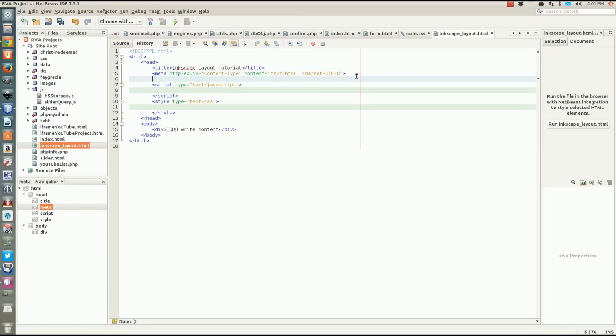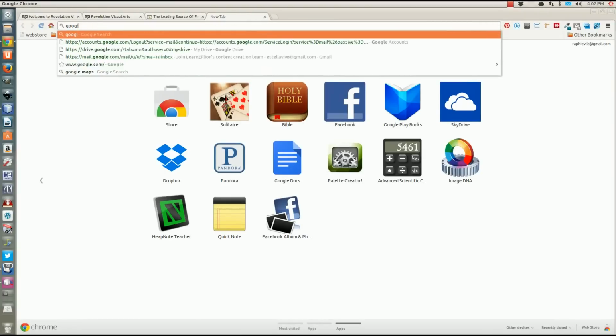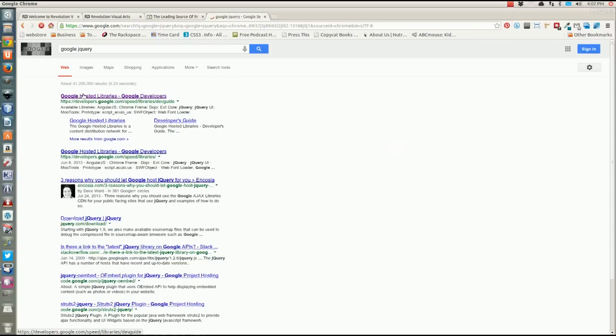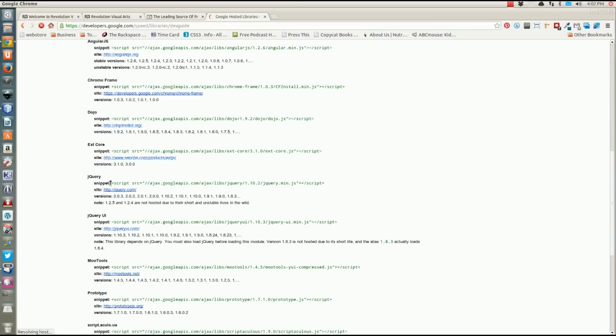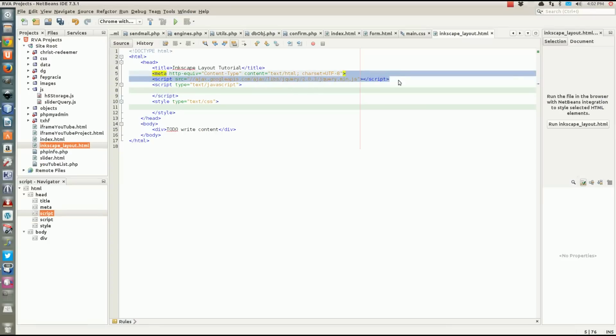Or if you want to use jQuery or something and you don't want to download it, you just come here and just put Google jQuery, and normally hosted libraries is the first link that will appear, and just copy this, whatever you got. Copy, the latest is 2.0.3, so you can change that to that number if you want to, not necessarily, but if you want to have the latest, you can do it. 2.0.3, and let's